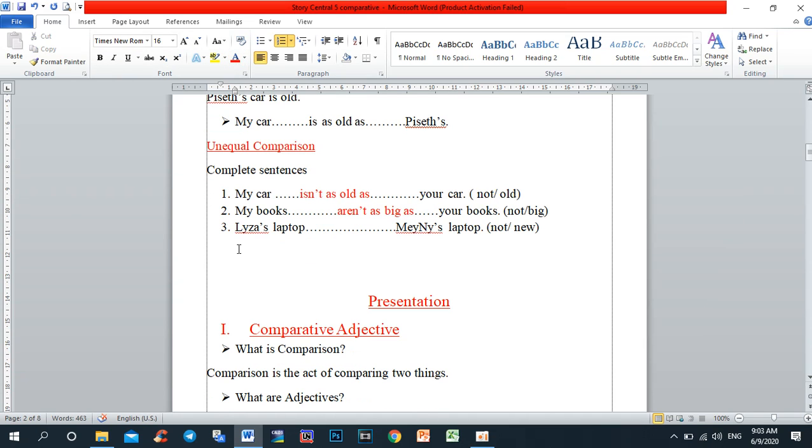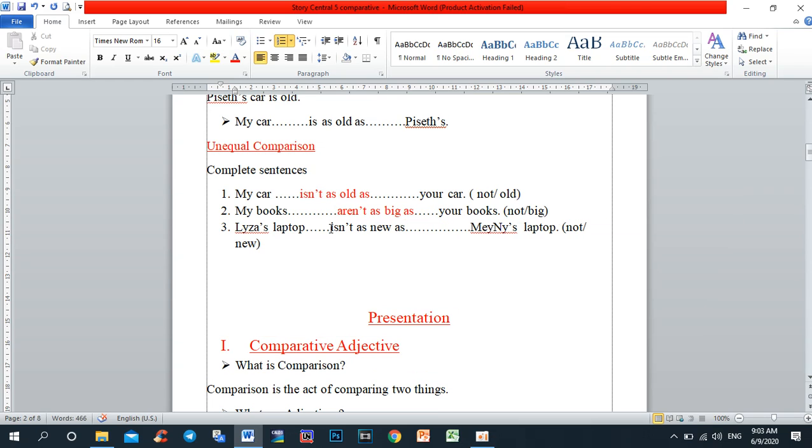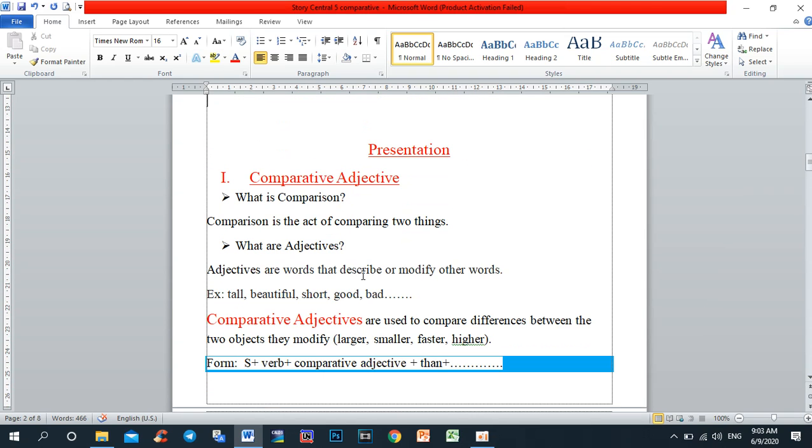This one, the last one: Lisa's laptop, Maynie's laptop, not new. So it is: Lisa's laptop isn't as new as Maynie's laptop. Okay, so these are the lessons that we have learned so far. We learned about equal comparison and unequal comparisons, and today our lesson is about